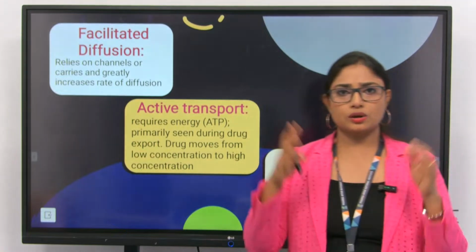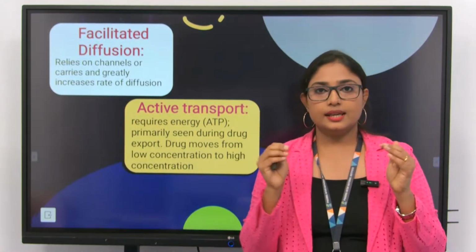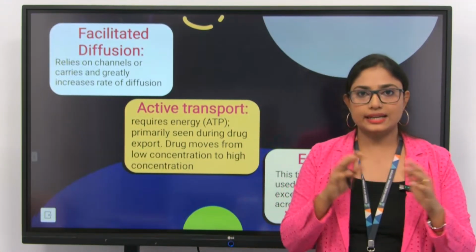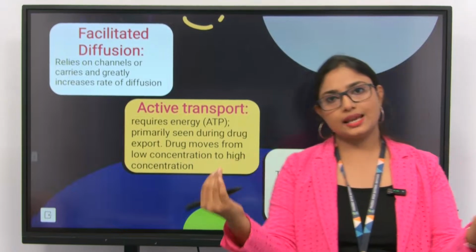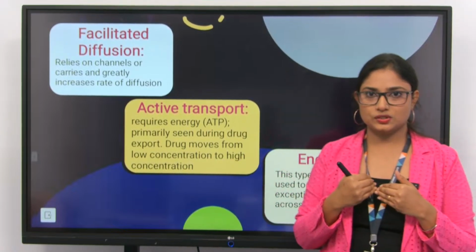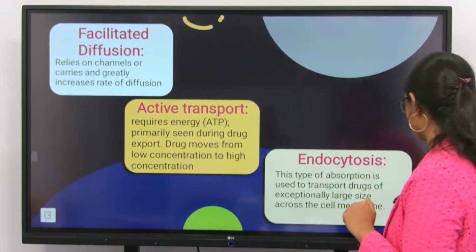Endocytosis is nothing but what the amoeba does. If the drug molecular size is very large, the cell will just engulf the drug into it. So that is endocytosis. Very simple as that. Next,